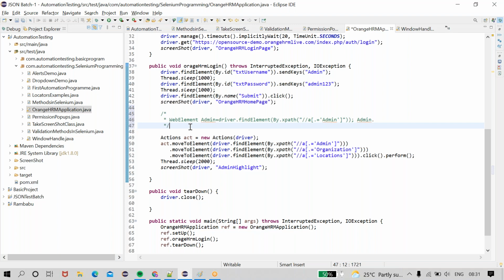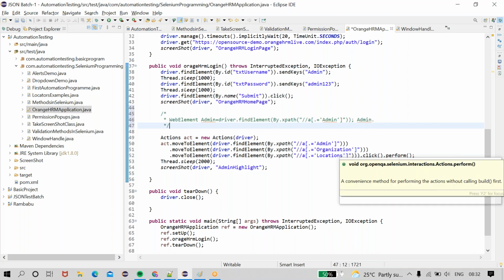Actually, what happened is that now Selenium 4.0 version is running. See, Selenium versions keep increasing in the same way as Java. Yes or no? Like Android, some versions will be there. As of now, we are using Android 10 or 11. In the same way, for every version, from the previous release, some things will be deprecated, meaning something will be deleted. This is also an old version, 3.5; the latest is 4.3, and 4.2 is going on. See, the dot build method is deprecated. Without calling the dot build method, we are going to perform operations.